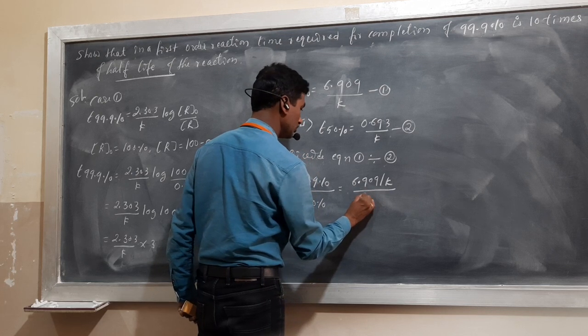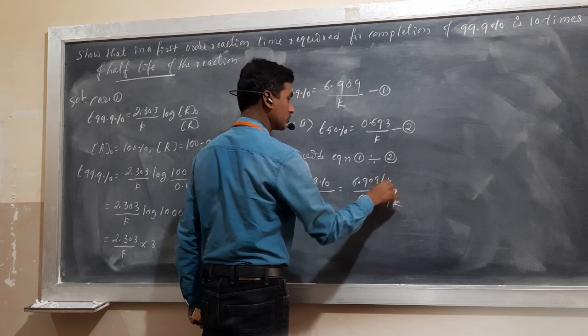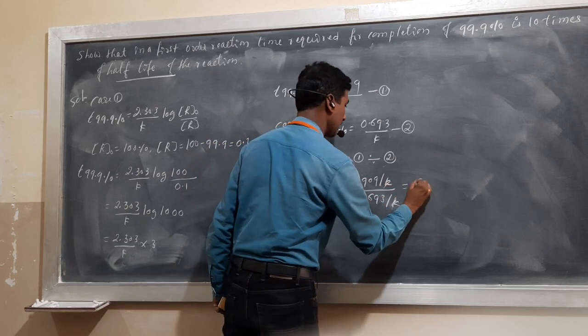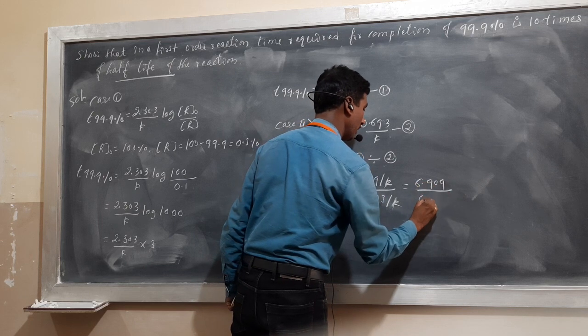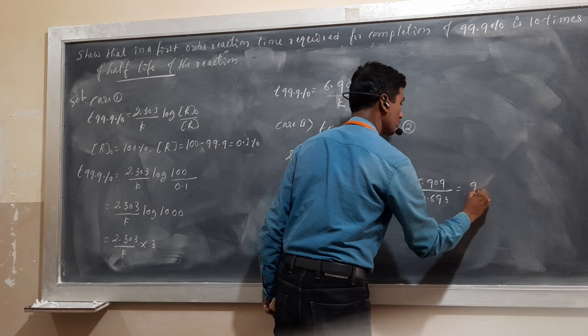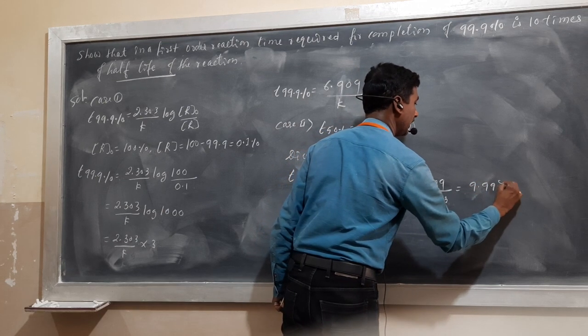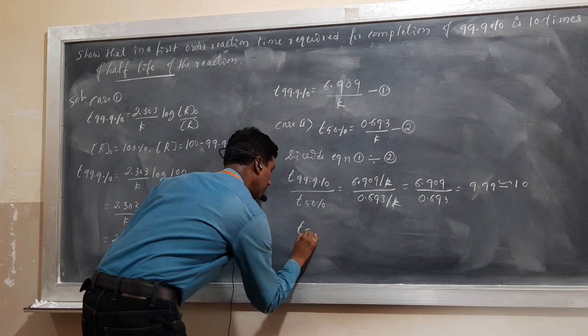Second is 0.693 divided by K. So K gets cancelled. What is the answer? 6.909 divided by 0.693 is equal to 9.99, and it is approximately equal to 10. Now the T